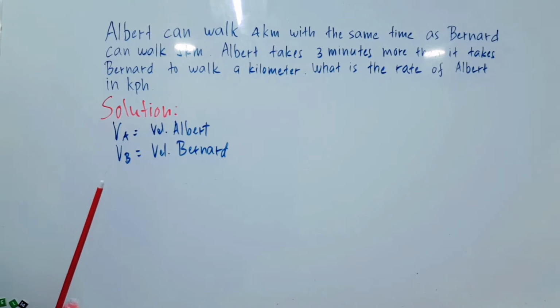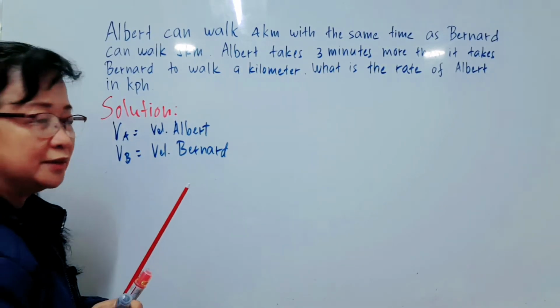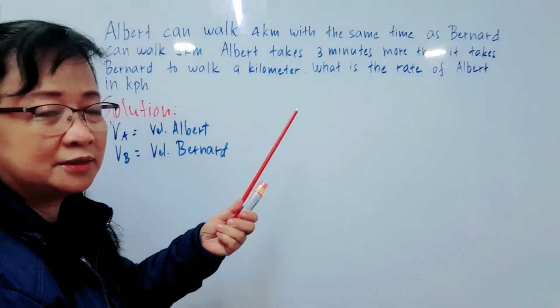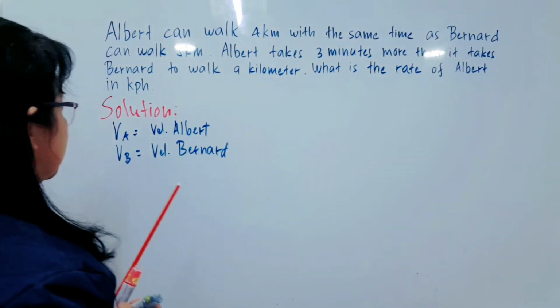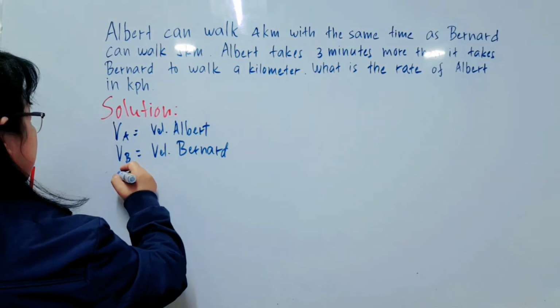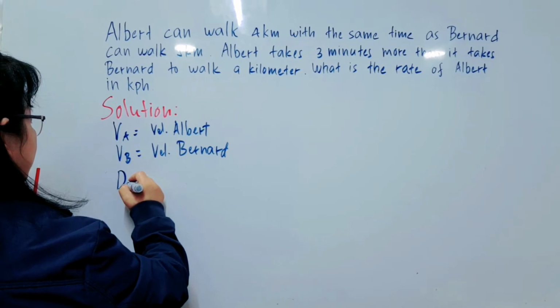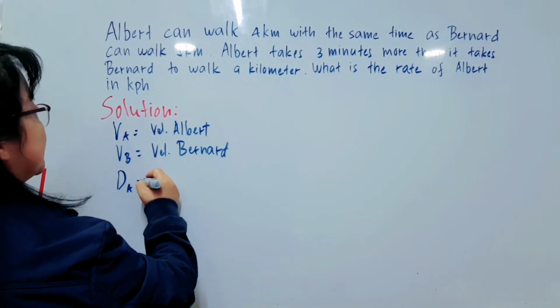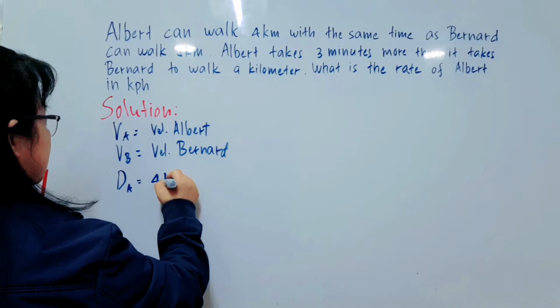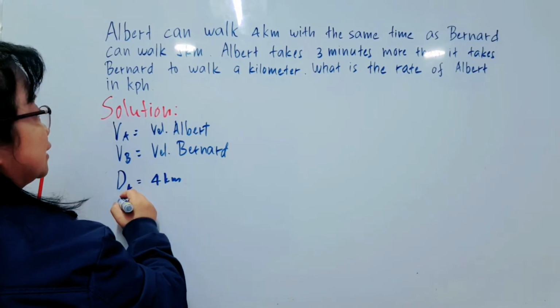It says here that they're walking for the same time, but Albert can walk 4 kilometers and Bernard 5 kilometers. That means the distance for Albert is 4 kilometers and for Bernard